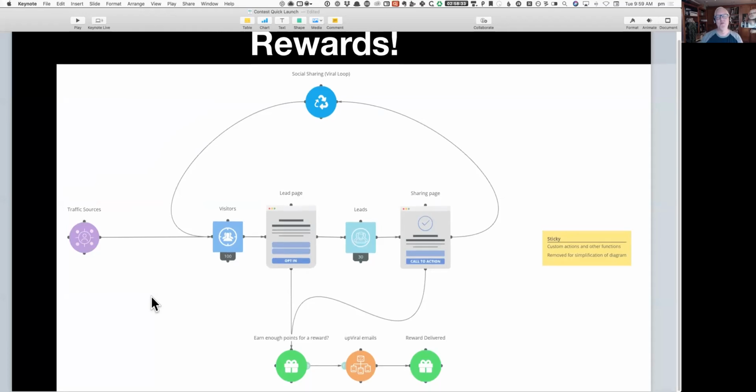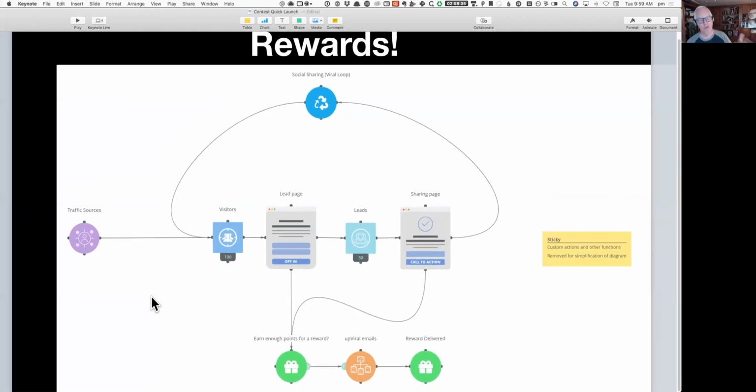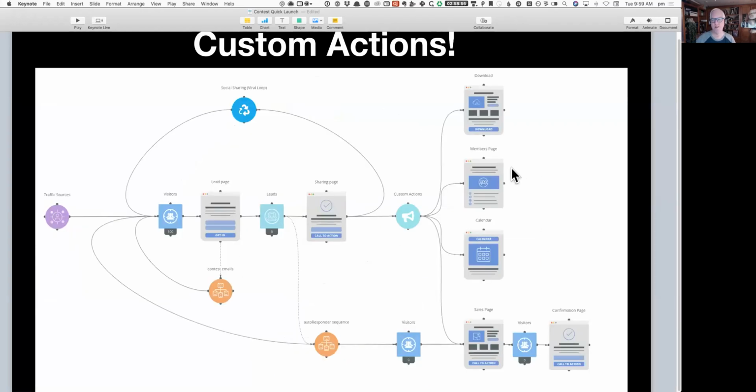Now, you can also do rewards, and the rewards come out based on how many points they get. If you do rewards, and again, I shouldn't show you this because I don't want you doing this part yet. This is really an advanced thing. But you're going to see in the example that we do rewards and we do custom actions. So custom actions,